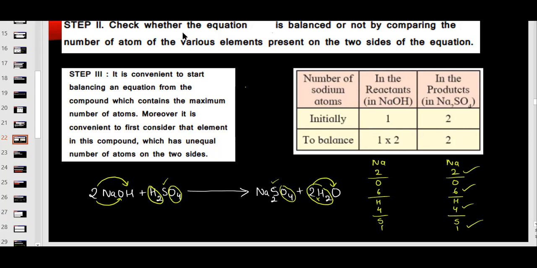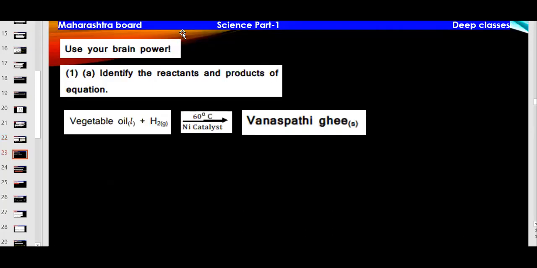Okay. So we have to do trial and error method to check how the atoms are balancing on both sides. When you are making one change, try to see other elements also, whether it is giving you the same number or different number. When I put here 2, that means I have checked. After putting 2, this sodium 2 will go for sodium also, oxygen also, and hydrogen also. Okay, that's how we have to check. So till here we have understood how to write the balance equation.